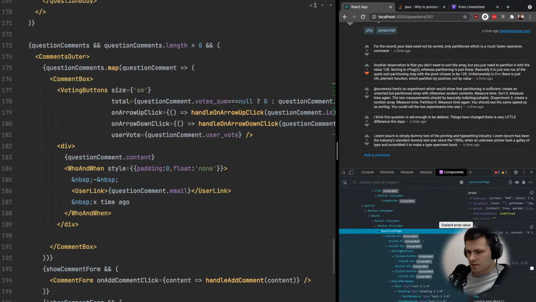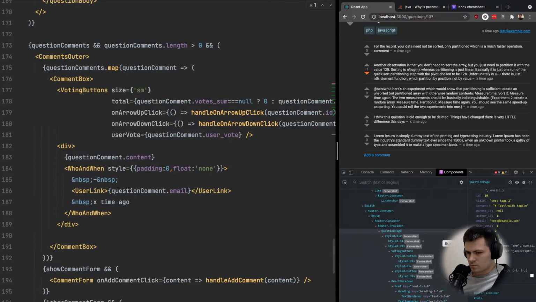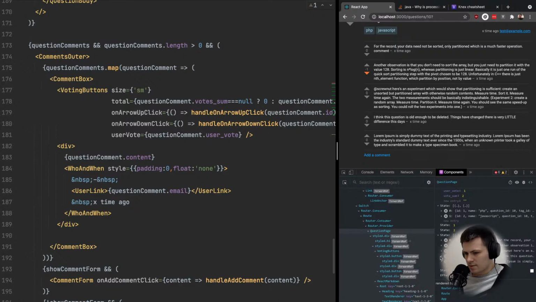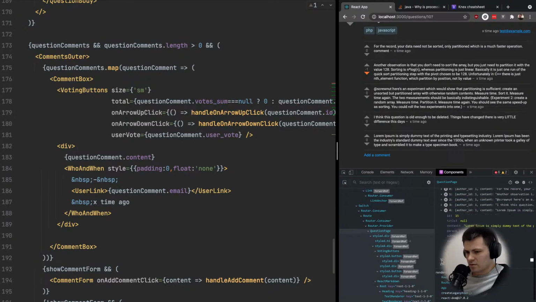We have the state here. Here we have tags, here we have comments. Let's see if the last comment changes